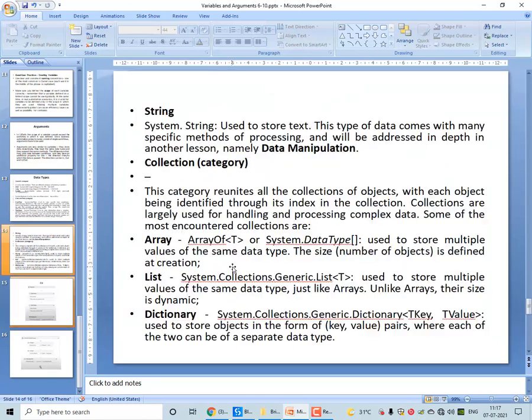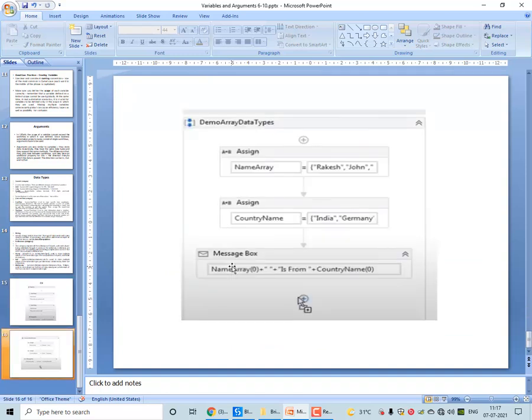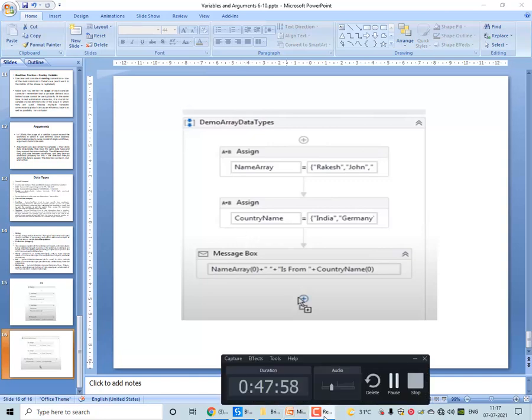Different data types overview we have seen. How to define a list, how to initialize the list. We have also demonstrated the array example. And finally we have seen defining the arguments. What is the purpose of argument?